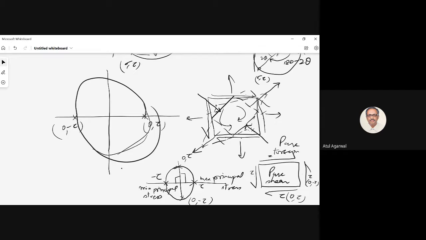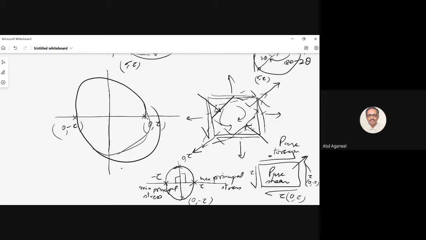You must have twisted a chalk and seen a failure, how it is failing. Some helical profile is there along which it is failing, and you will find that surface is at 45 degrees to the cross-sectional plane. Maximum shear stress when you are twisting is on the cross-sectional plane. So here, when we say pure shear, pure shear is on these planes only. On other planes, you can have normal stress.